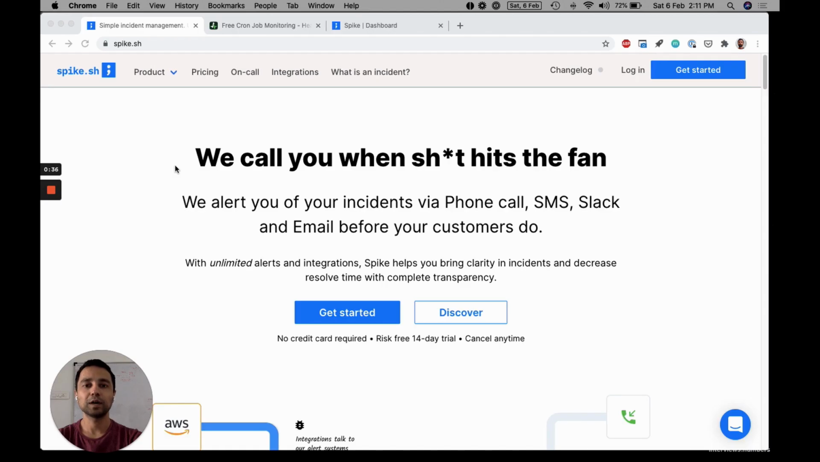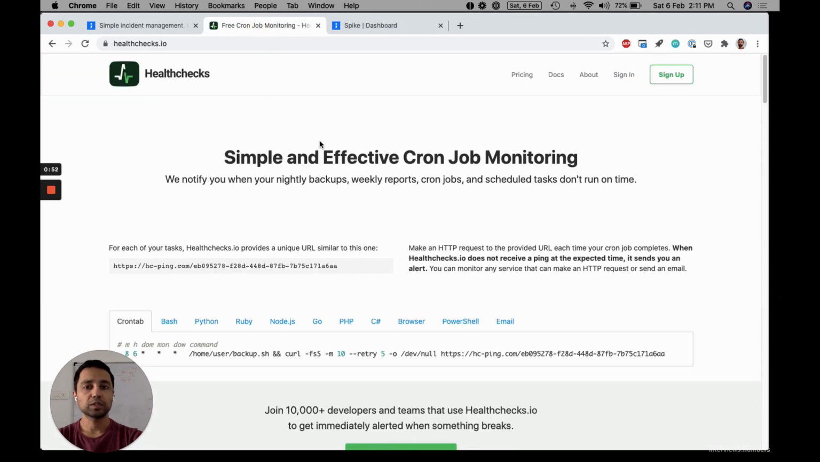Today we're going to learn how to get phone call alerts whenever your cron job fails. For that we're going to use our product spike.sh, which gives you alerts on phone call, email, SMS message and Slack whenever you have any issues in your software. We're also going to use healthchecks.io, which keeps monitoring your cron jobs and then sends alerts whenever there is a